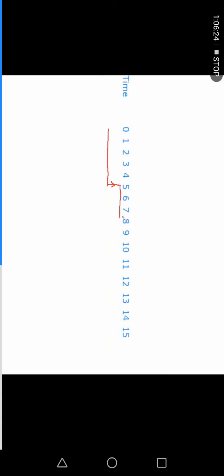What is the boolean value at the 8th second? We'll see who is telling this answer correctly. At 4 you said the answer is false. How will it be false? You are releasing the switch, you are releasing the control, so at that time it will be true only.